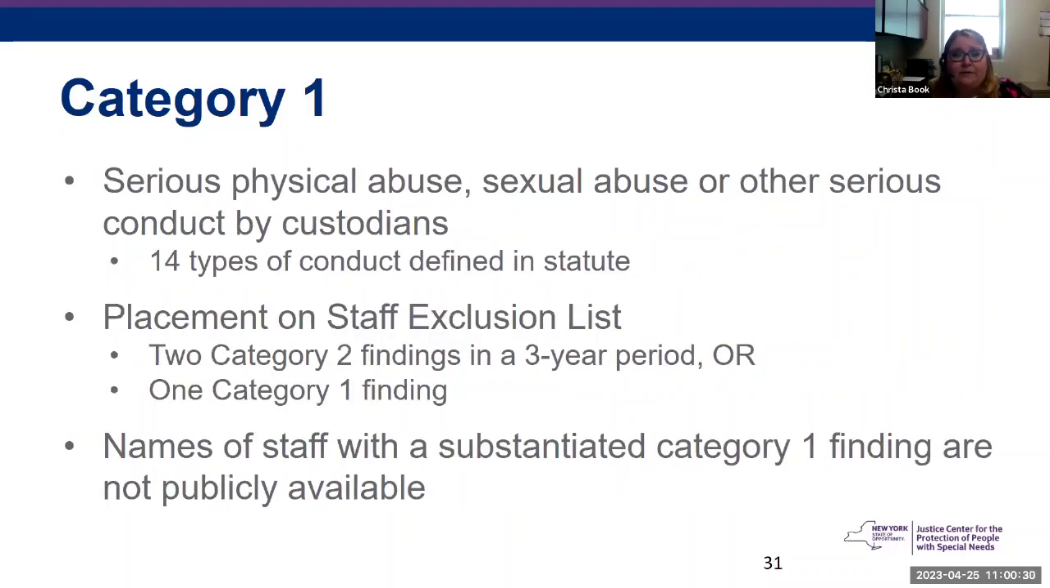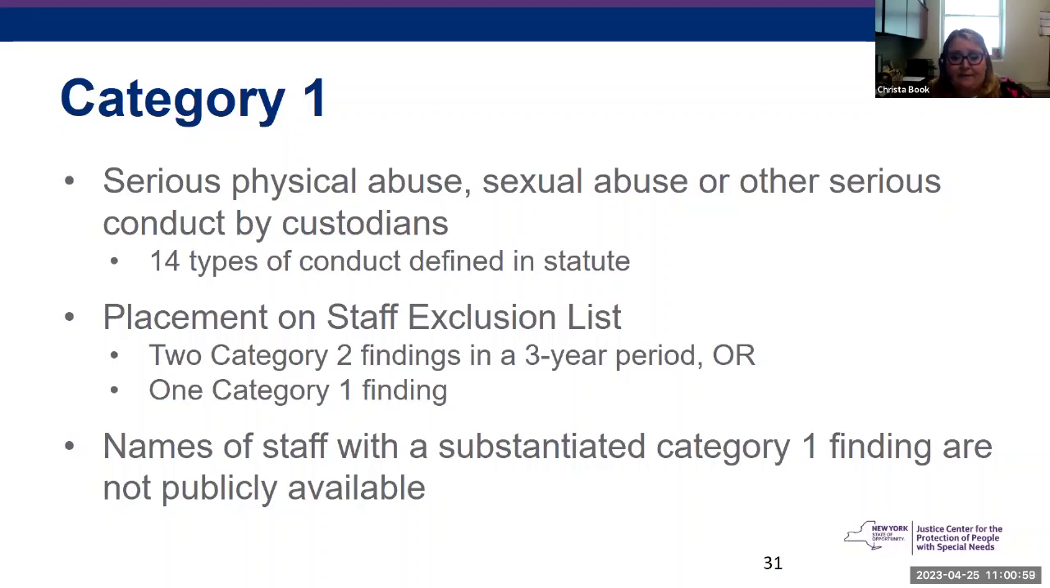Category 1. That's going to include things like serious physical abuse, sexual abuse, or other serious conduct by custodians. There are 14 different types of conduct that are spelled out within the statute. Placement on the staff exclusion list: 2 Category 2 findings in a 3-year period, as I stated, would place someone on the staff exclusion list, or